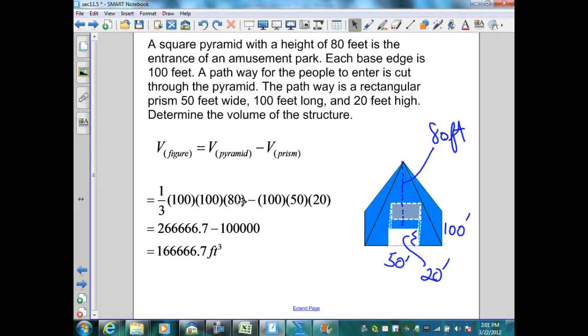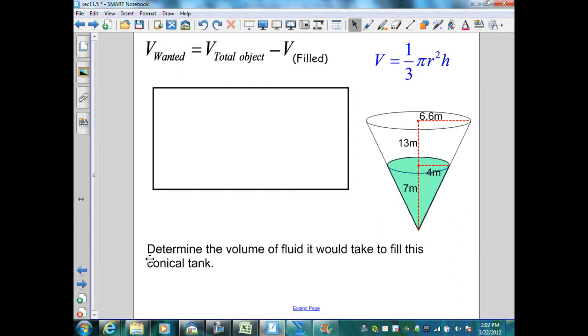When I plug these into the calculator, I'm going to get these two values, which is 266,666.7 minus 100,000. When I simplify that, I get the volume of my pyramid minus the prism, which is going to be 166,666.7 feet cubed. On my last example, I want to determine the volume of the fluid it would take to